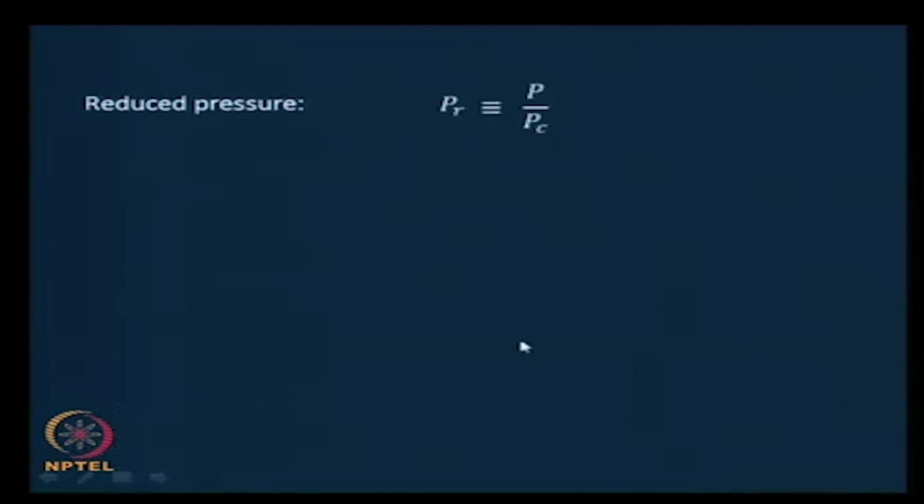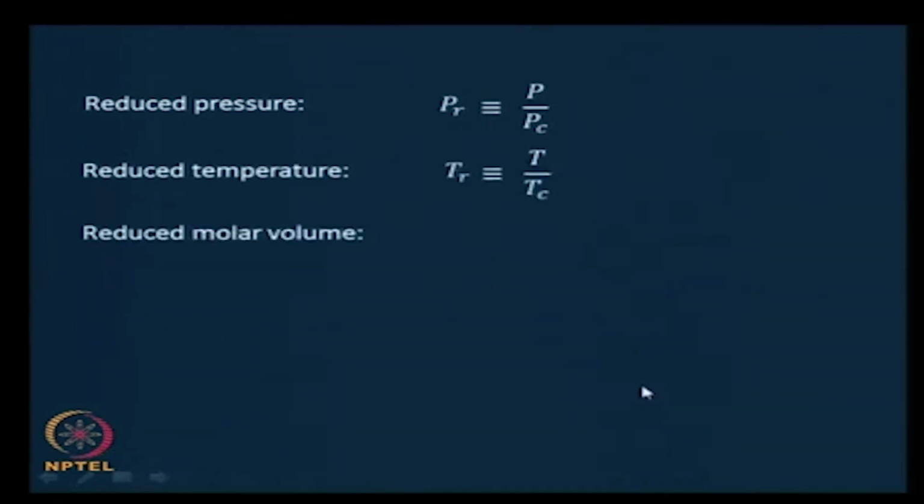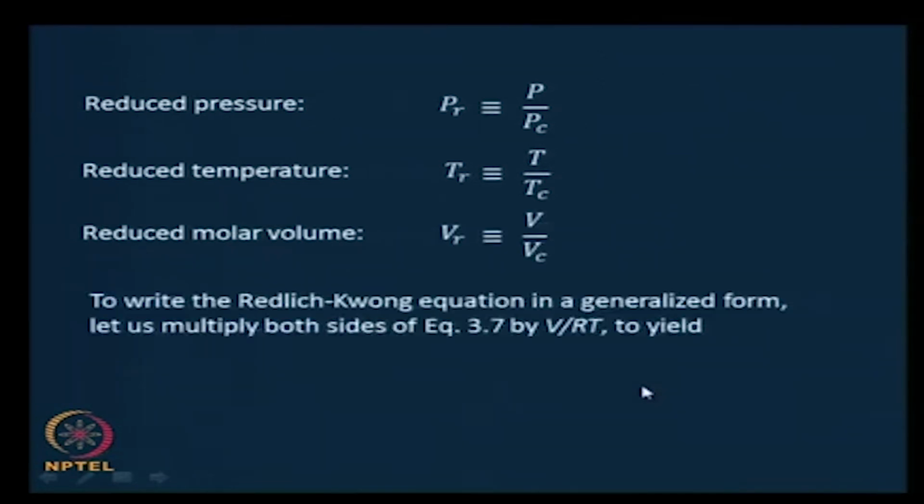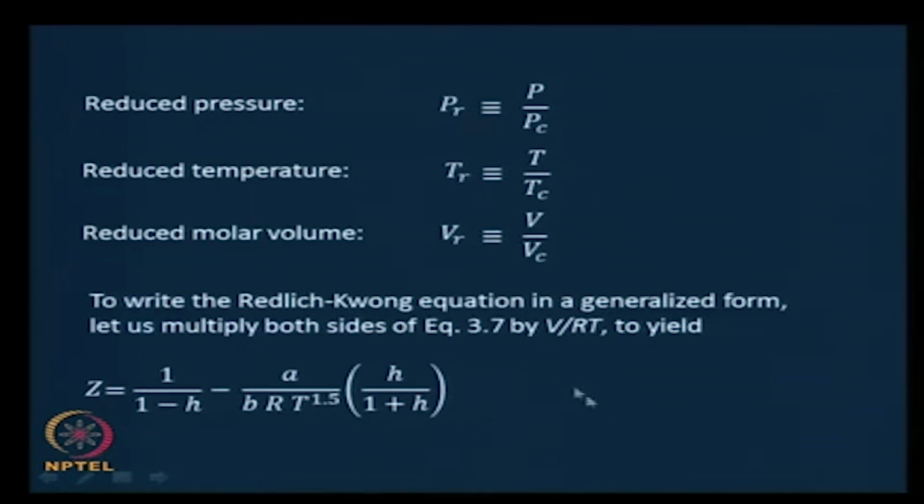For example, reduced pressure PR is P by PC, reduced temperature TR is T by TC, and reduced molar volume is V by VC. This is the way to write the Redlich-Kwong equation in a generalized form. We went about showing how to do this,